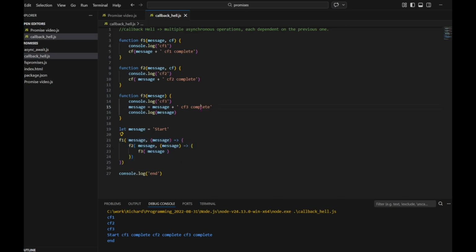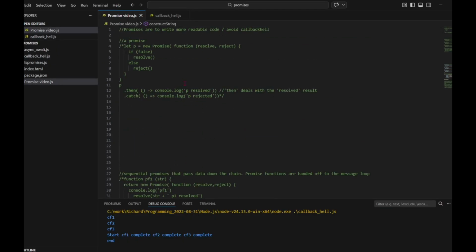But that's the whole point of promises. The whole point of promises was to get rid of this kind of callback hell pyramid and instead make a more clear and concise way of writing code. It doesn't do anything different. It just is easier to read and write. And so promises at its core is simply a